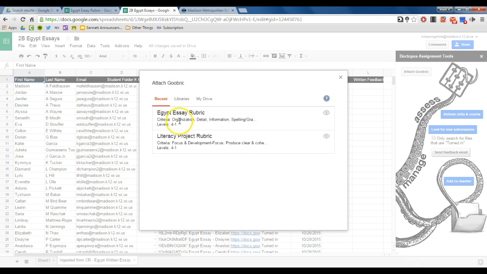It's going to ask me, did you mean Egypt essay rubric? And I'm going to say, yes, I did. Attach the rubric. Now it seems like there's a lot of steps to get this set up, but it really does save a lot of time, and I'll show you how cool the interface is here once we're actually grading a paper. So that's attaching and getting it ready so that when we go in to edit a document,